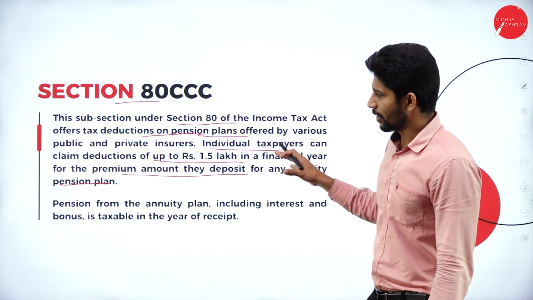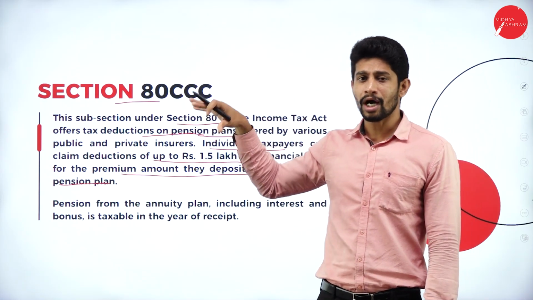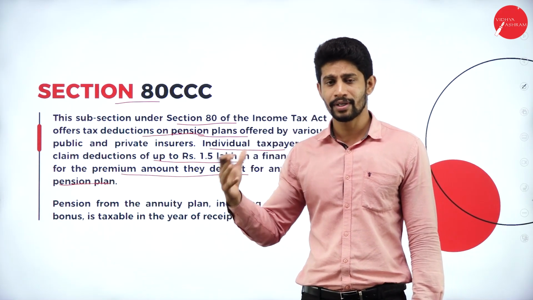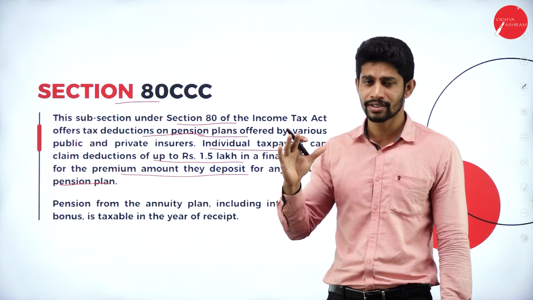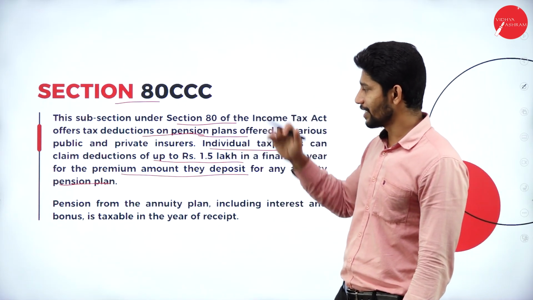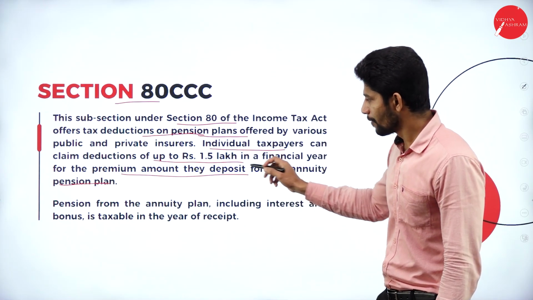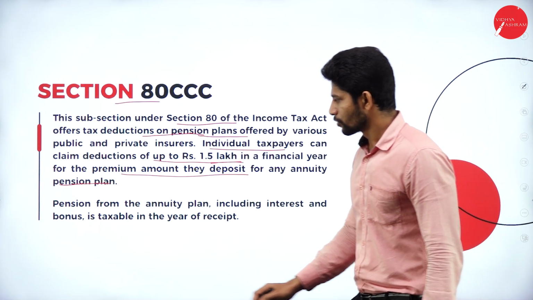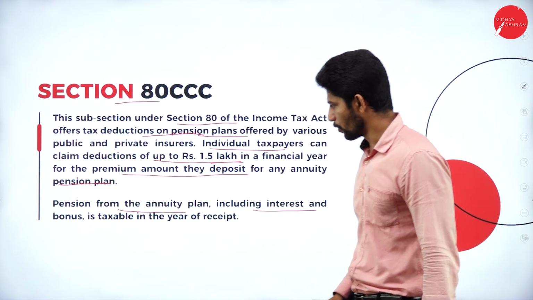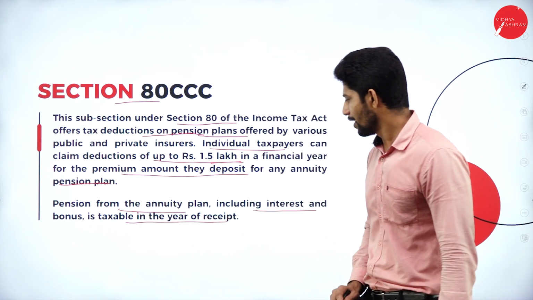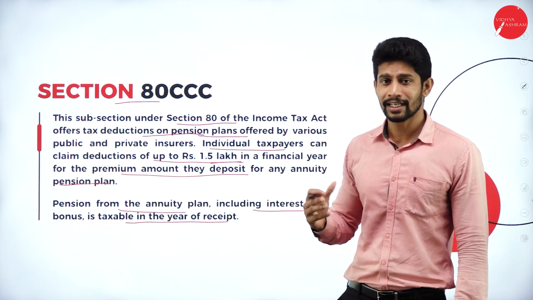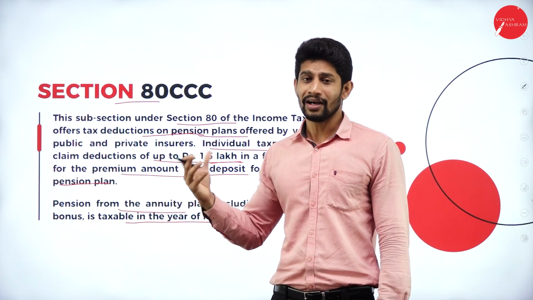So here, whatever the premium amount you are paying every year towards the pension scheme given by the state government, central government or by private insurers, that premium you are paying is deductible under section 80CCC up to rupees 1,50,000. So pension from the annuity plan including interest and bonus is taxable in the year of receipt. That means every year whatever premium you pay can be claimed as deduction,